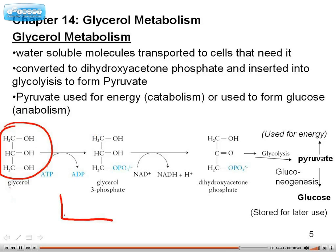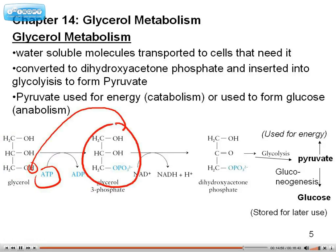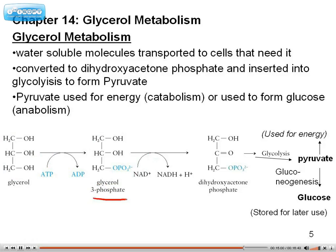So let's go back to our little energy hill. Here is glycerol. Yes, there is a nice amount of energy that needs to be released, but notice it's stuck on the side and it needs to be pushed over the energy hill. So available ATP provides the initial energy in order to energize it and push it down the energy hill. Once it's in this form, glycerol 3-phosphate,